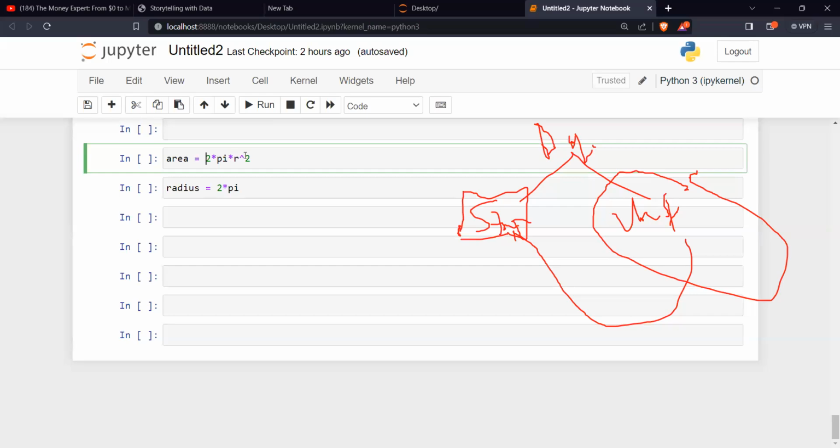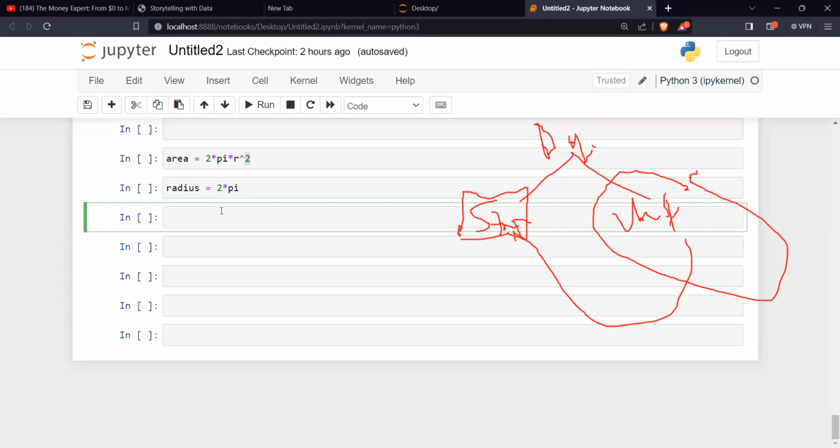R is what we don't know, so this one we have to cross over. So if I know my area, the radius will be area divided by pi, and then you find the square root, since the area is pi r squared.